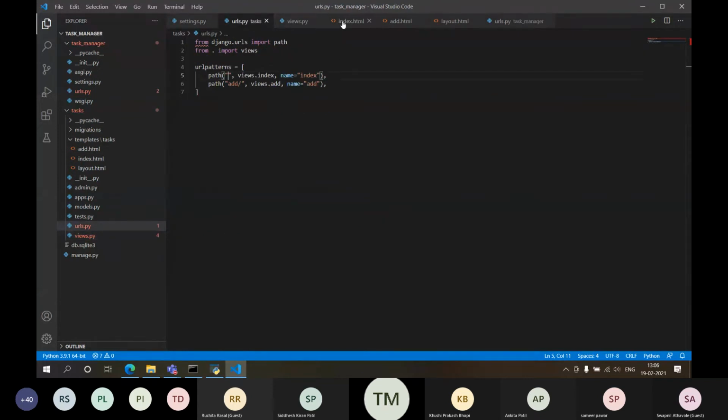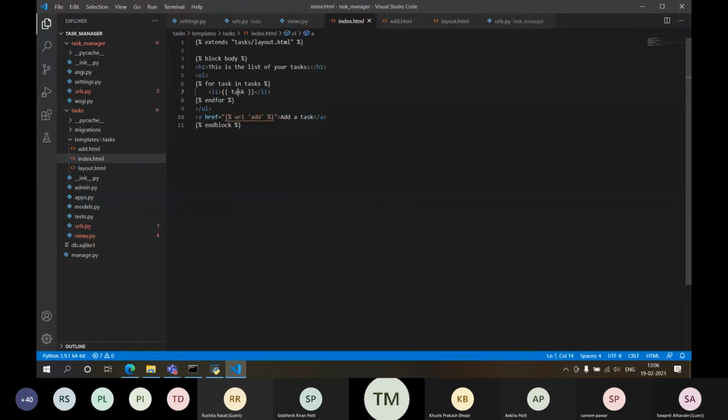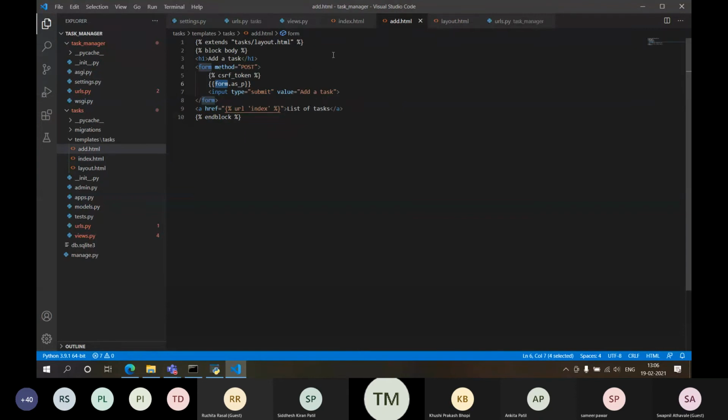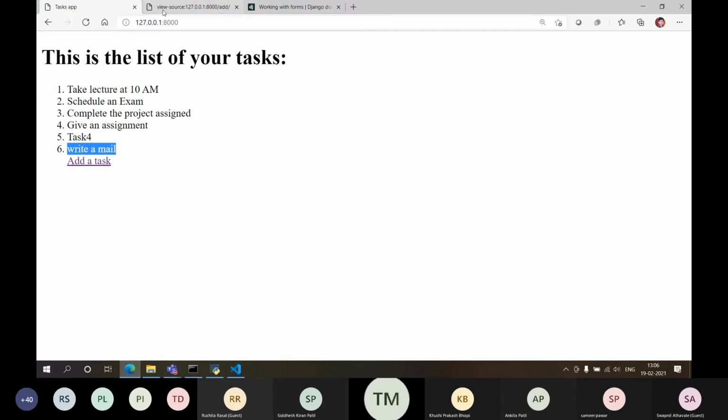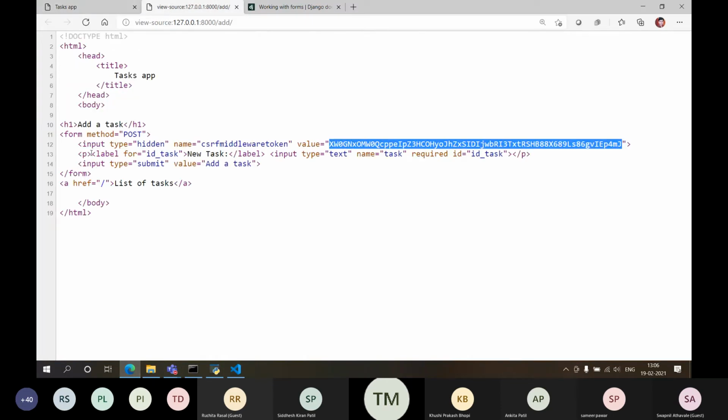Okay, but what is that form as p? Now as p is nothing but as paragraph. Okay, let me check the code. Yes, so the p tag is already written over here. So why is it a p tag? I have written form as p. As p means show me the form as a paragraph.